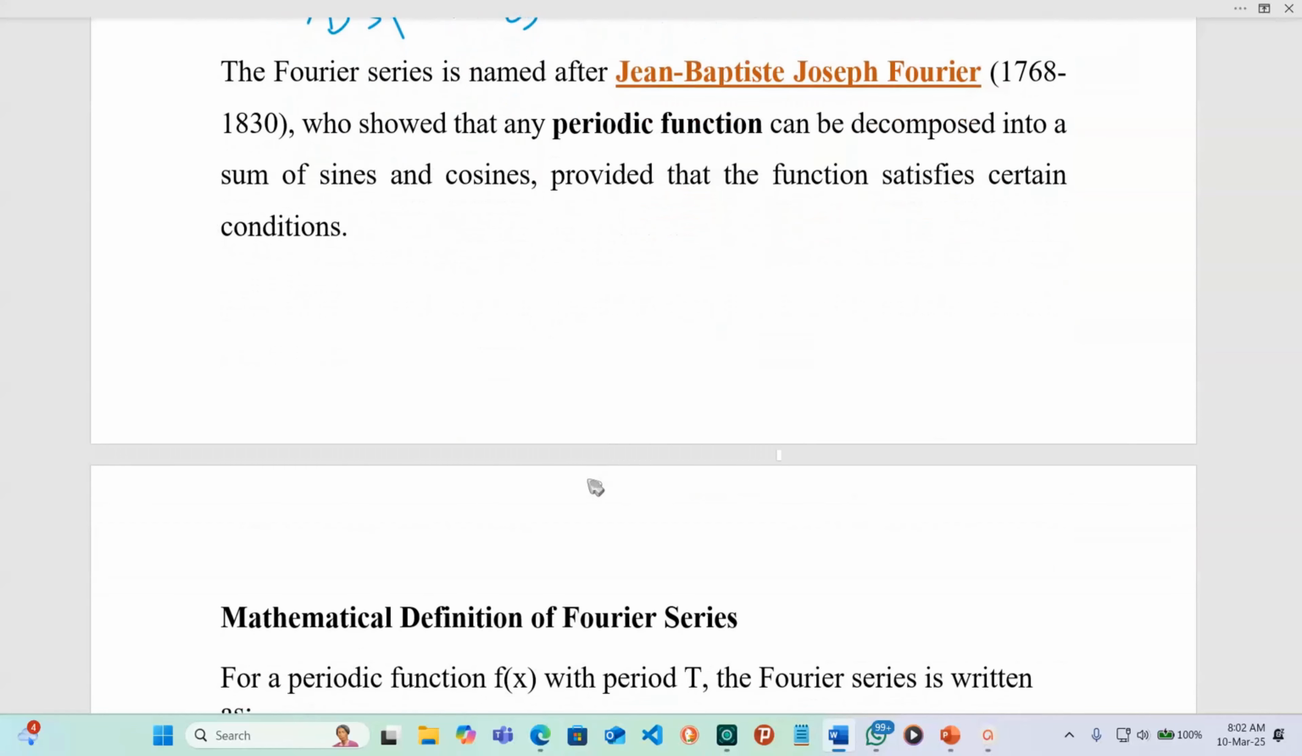So who is the guy behind this Fourier series? It was named after Jean-Baptiste Joseph Fourier, who lived from 1768 to 1830. This guy showed that any periodic function can be decomposed into a sum of sines and cosines, provided that the function satisfies certain conditions. And these conditions, we shall later on in the future know that they are